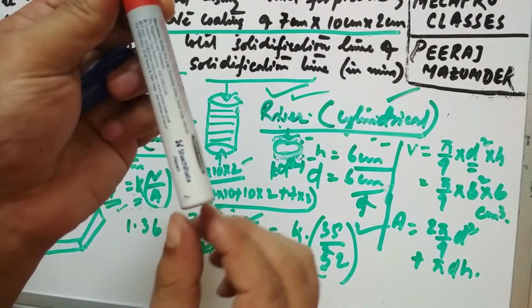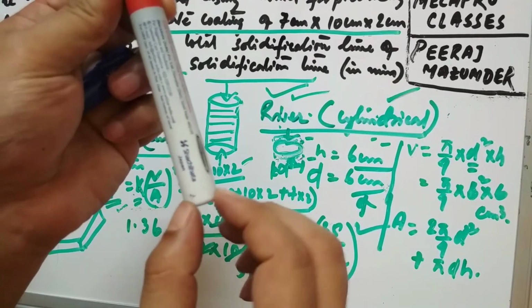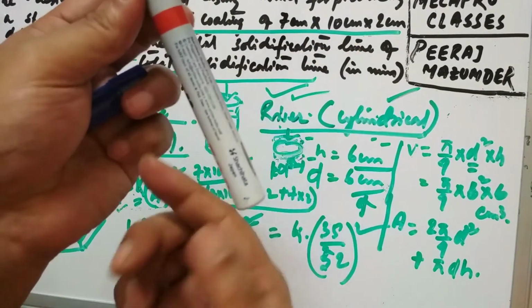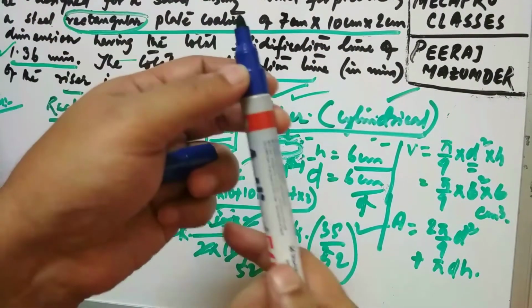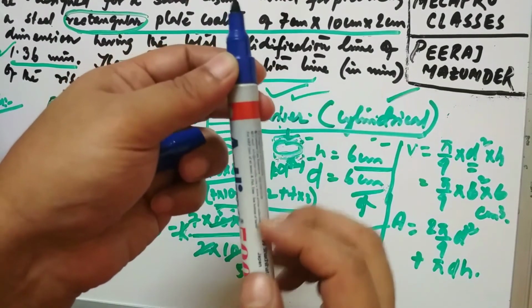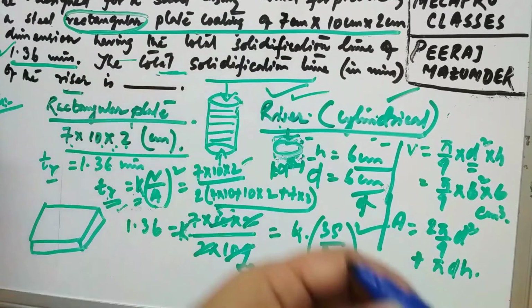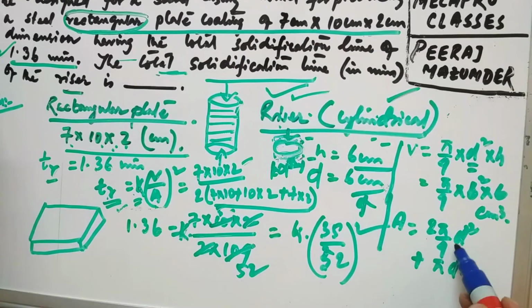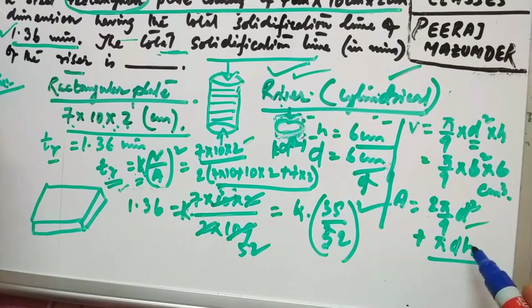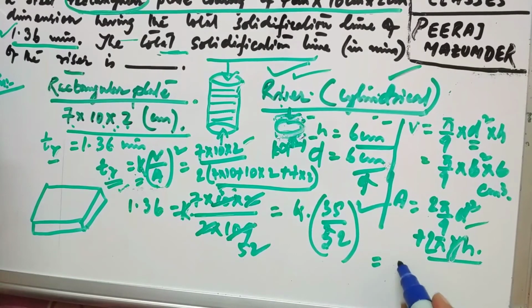So it will be 2 pi r, that is the perimeter, into height, that will be your side surface of the cylinder, and the top and bottom will be pi r square plus pi r square, that is 2 pi r square, or simply you can write 2 into pi by 4 d square. Okay, and for the side one you have to write pi dh, or simply 2 pi r into h as well, same thing. Now if you take common 2 pi r, that will be r plus h.